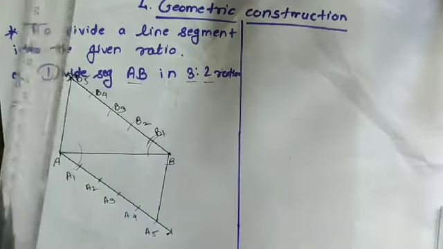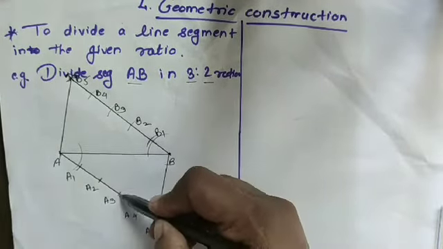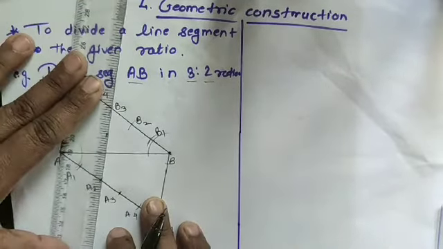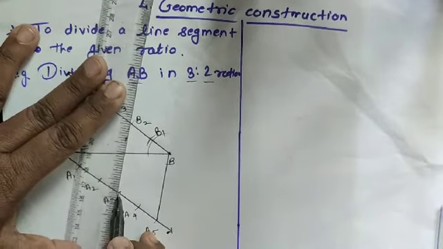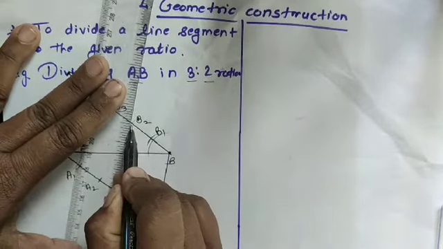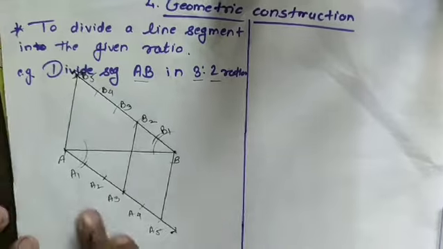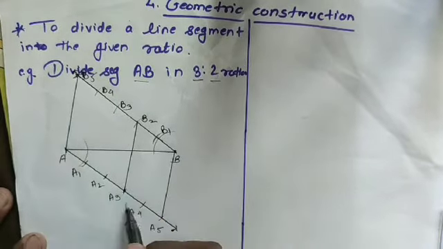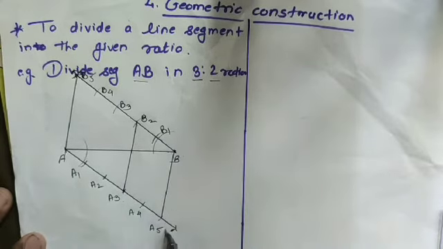Okay. Now I have to divide it into 3 parts. So take A3. This we have to join at first, second and third. So this third one we have to join with the B2. Okay. Now I divide this segment. If you see, these lines are there. Which ones? A B5, A3 B2 and A5.